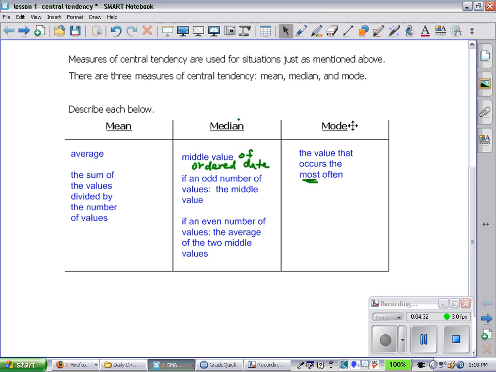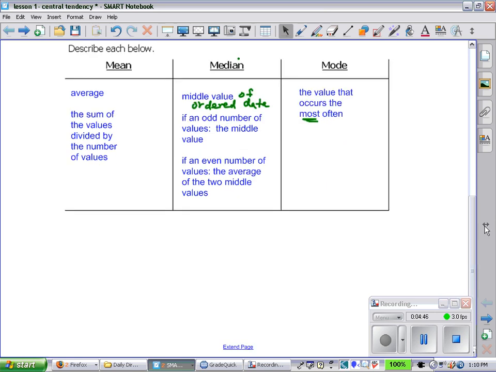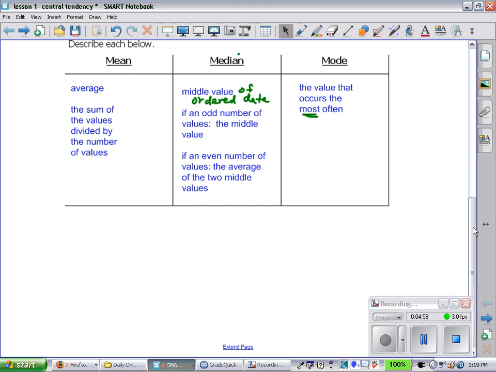And then there's the mode, and that's the value that occurs the most often. Mode, most. See, that's a good way to remember that. Mode, most. Whichever number is there the most. And if there's a tie and there are two numbers or three numbers that are there the same amount and they are the highest number of times listed, then you would have more than one mode. So that's very possible. So for mean, you'll have one value. For median, you'll have one value. Mode, you could have no mode, one mode, two modes, three modes. It depends on the situation. All right,